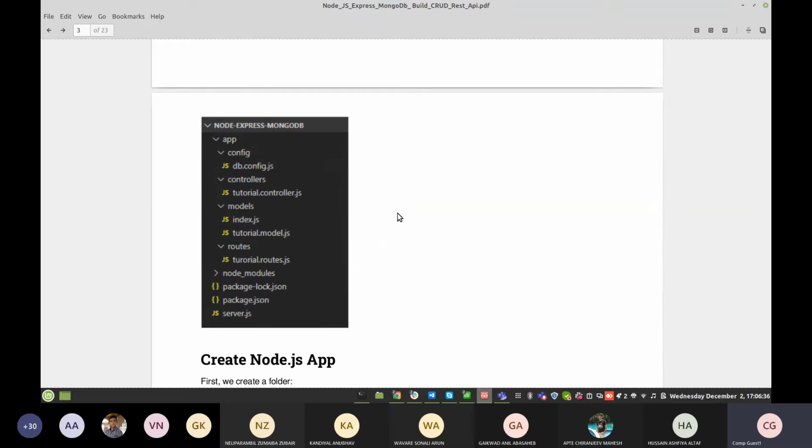Then the controller, which controls your routes, meaning the main application handler: whatever requests you send to the application, the controller handles them and communicates with the model. Then models, which is the data layer. It contains all the models that you define to store information inside your DB.